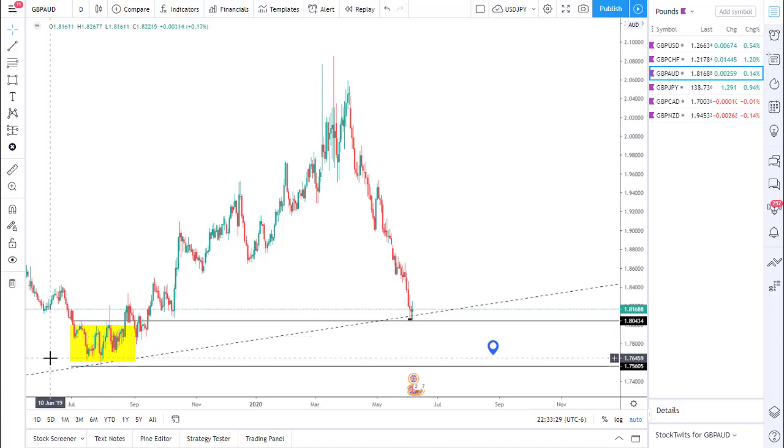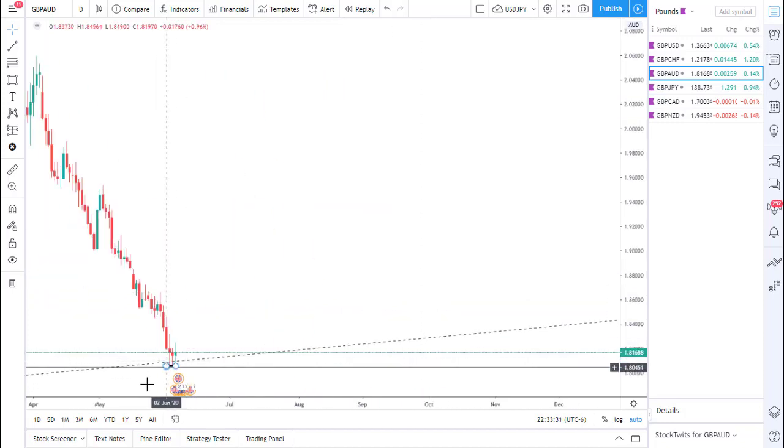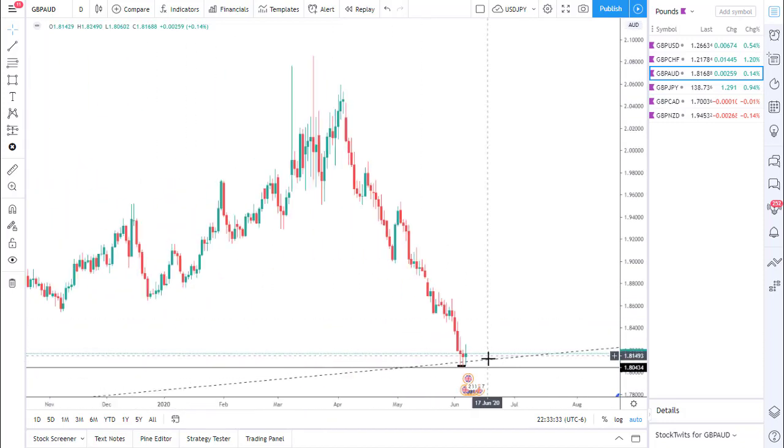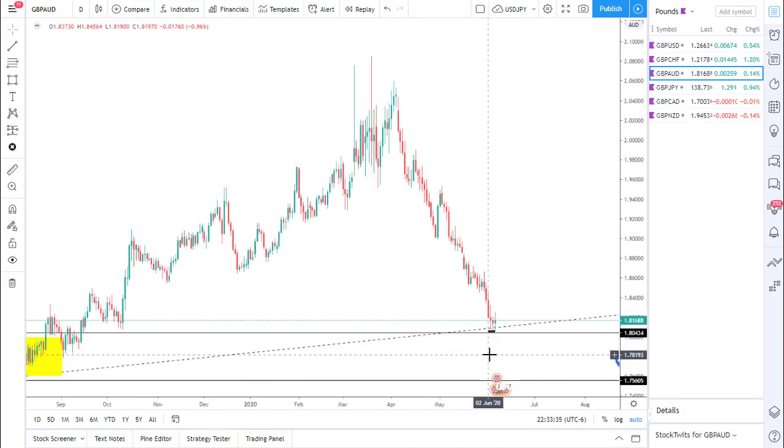Trend line traders are getting long already there, so their stop losses are below. So I think we can still expect one more push to the downside in the lower time frame, and once price is inside the box, then I can wait for my confirmation, like a double top, triple top,